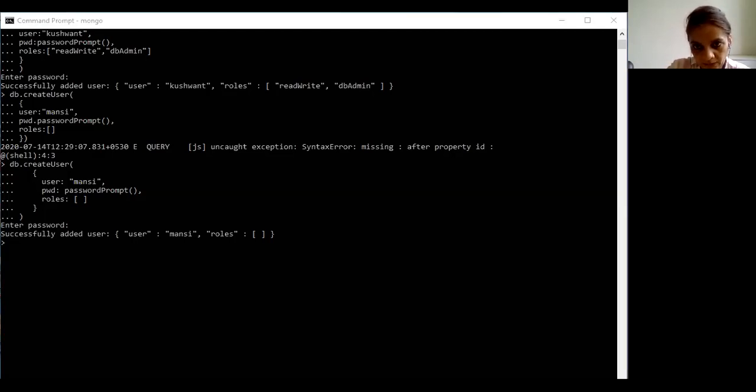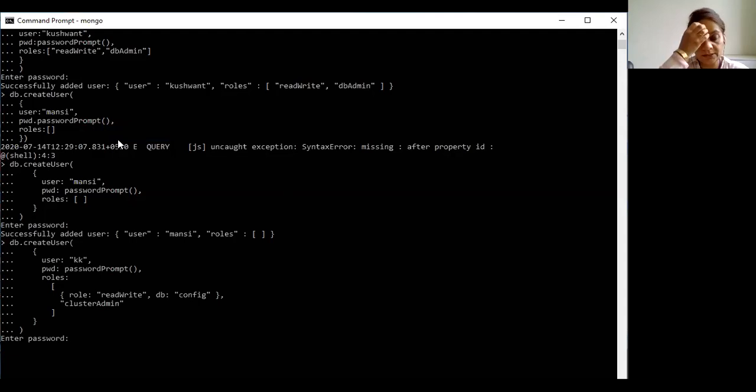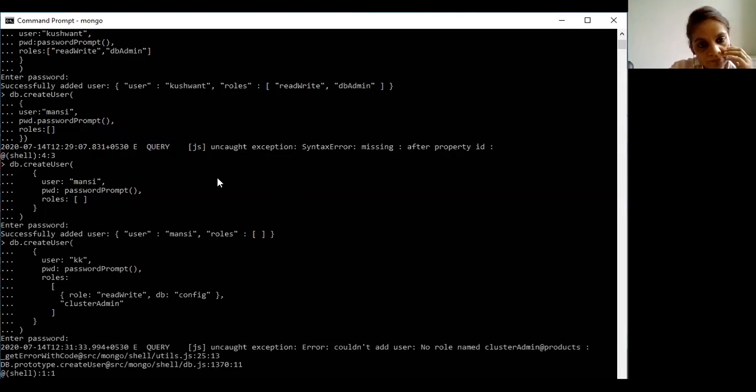Let me copy it from the notepad file to save time. Now see, press enter, keep the password KK, press enter.